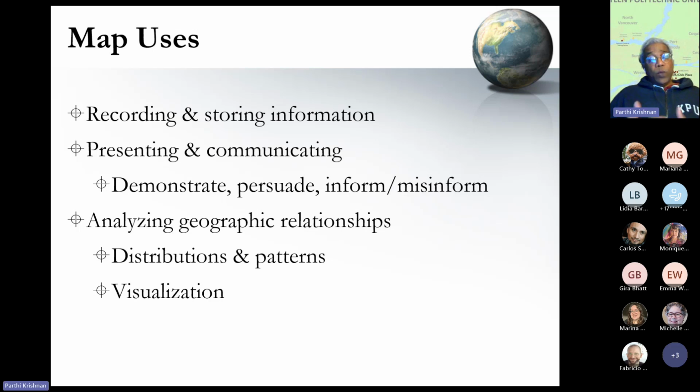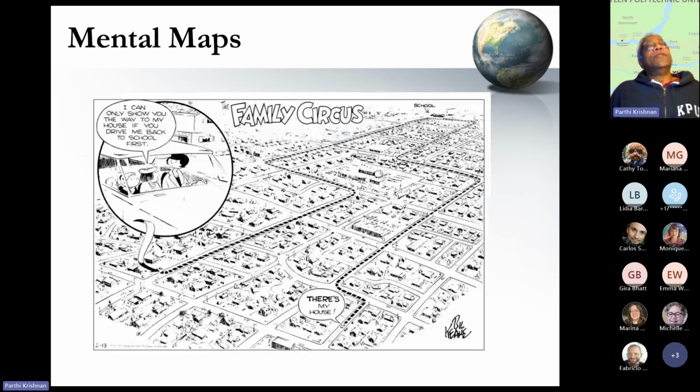So, what visualization also implies is that we all have a mental map that becomes more complex with our experiences, but at the same time, it remains selective. So to give you an idea of that, I just wanted to show you this map of the family circus. So as you can see, when we are kids, our mental map often tends to be very limited.